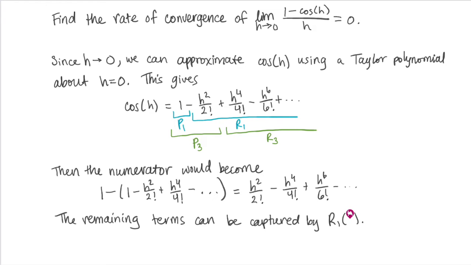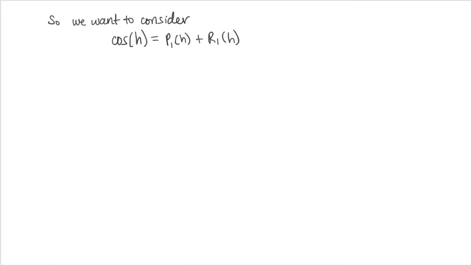This should really be h. Sorry about that. Okay, let's go back to this slide. All right, well, P1 we just saw is 1, it's that first term, and the remainder will be the second derivative. Here I'm calling